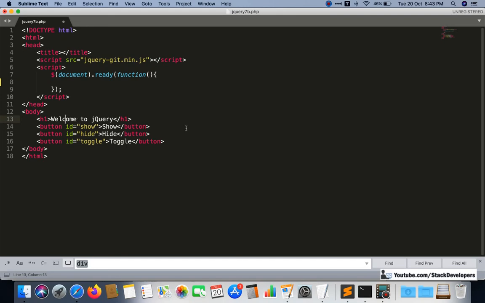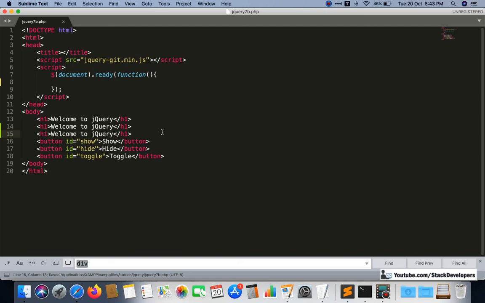Now what I will do, I will write two more times welcome to jQuery, and I will give h2, and I will give h3. First we will try to do the fade in effect. Okay, so now h3 is fine, and other than this I will remove these two.